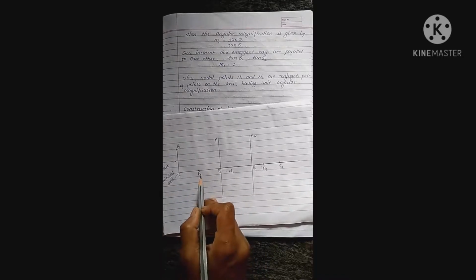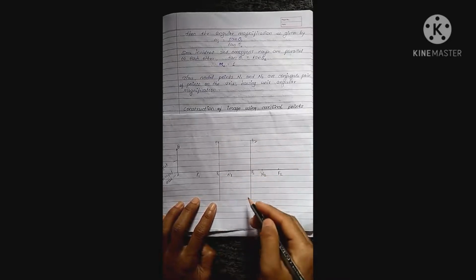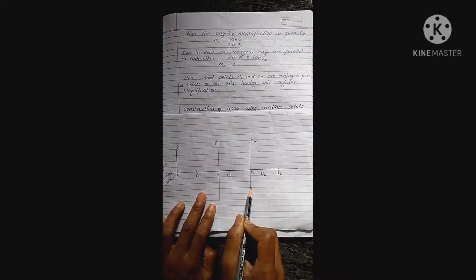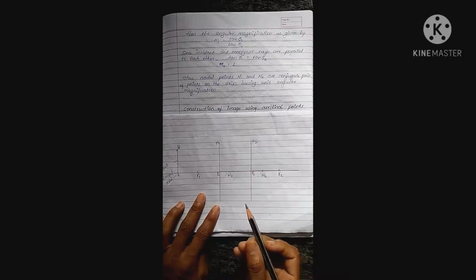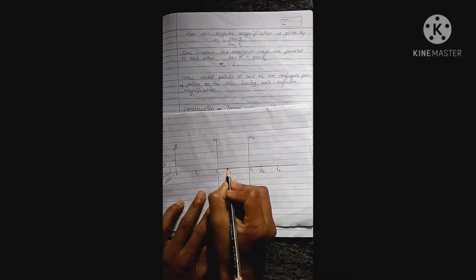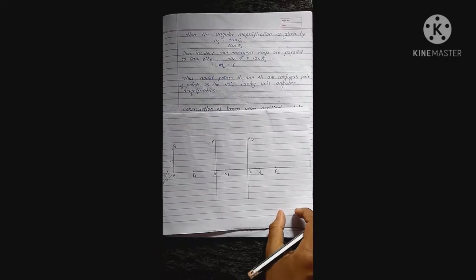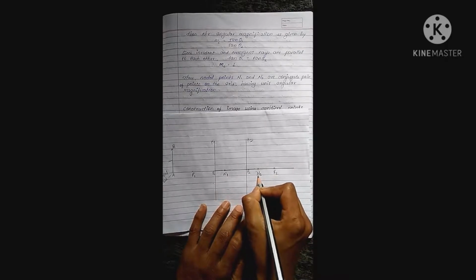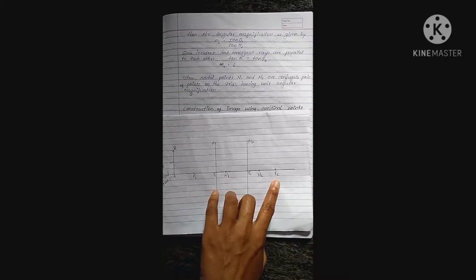This one is the first focal point. After that, draw two planes, the first principal plane and the second principal plane. The first principal plane is denoted by H1, P1 and the second principal plane is denoted by H2, P2. On the first principal plane, here is pointed N1, which is the first nodal point, and on the second principal plane, here is pointed N2, which is the second nodal point. This one is the second focal point.